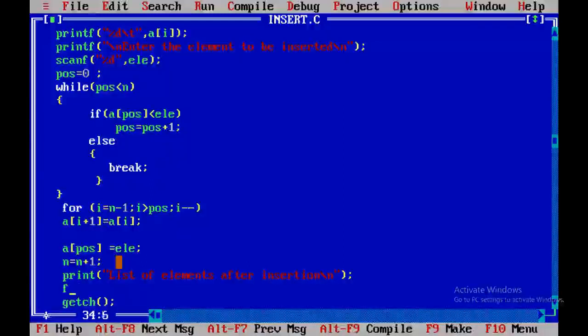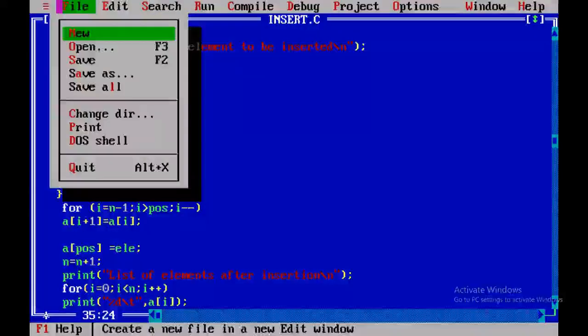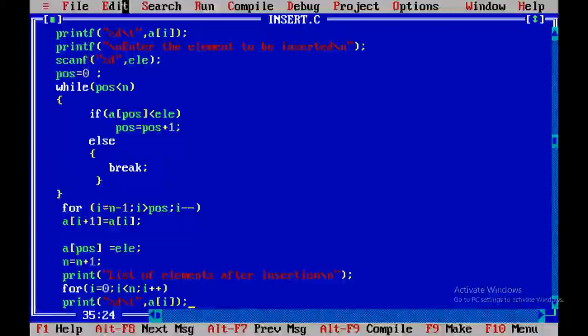Okay, so for i equals 0, i less than n, i plus plus, then printf "%d\t", comma e of i. Now we will save the program.